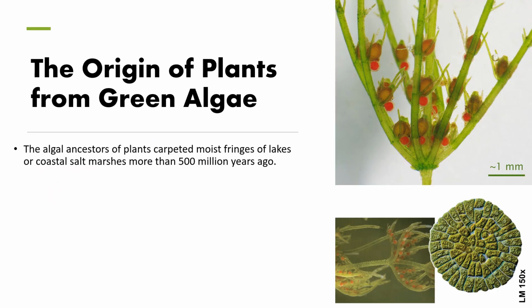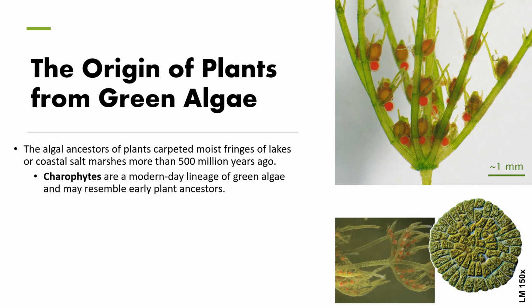When we try to look for the transition from algae to plants, we can look to algae ancestors of plants that carpeted most of the fringes around lakes and coastal marshes. And they lived there more than 500 million years ago. Now, there is a modern day lineage of green algae called charophytes, and it's thought that they resemble early plant